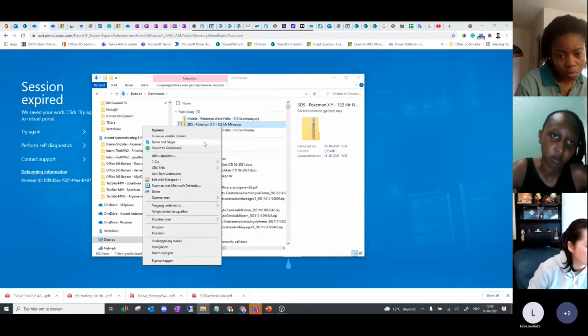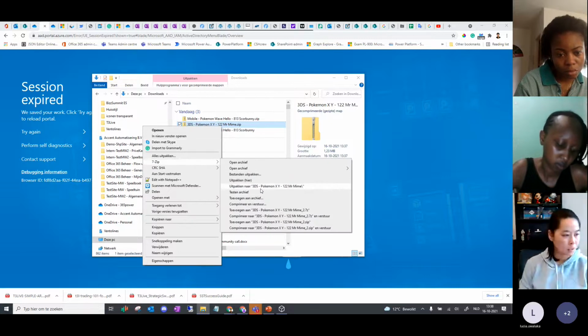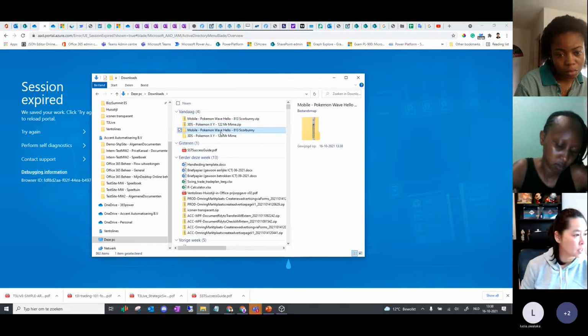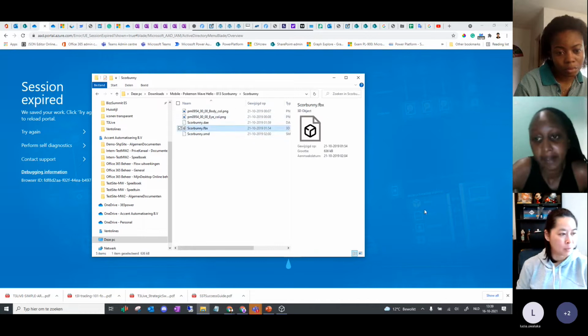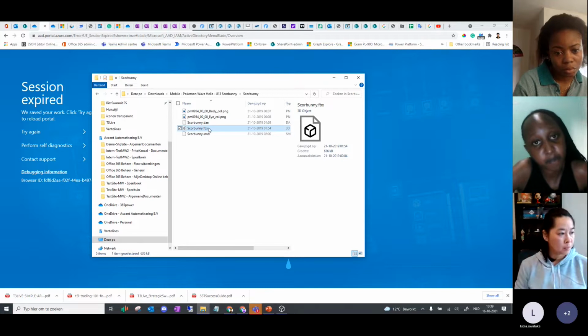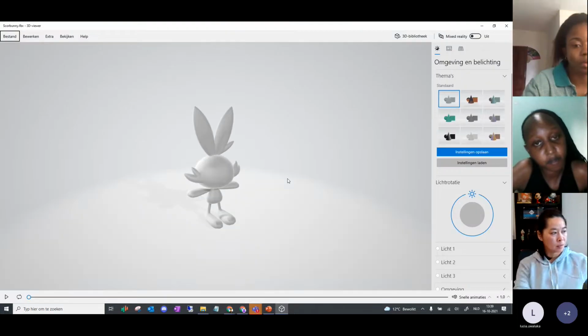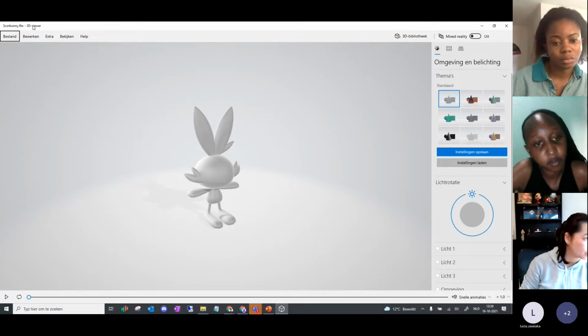Unzip this one and Mr. Mime. So I just prepared for the session, the steps for. So over here, you see here is my Score Bunny. And this is the 3D model that I just downloaded. If I double click on this, the 3D model will open with the 3D model